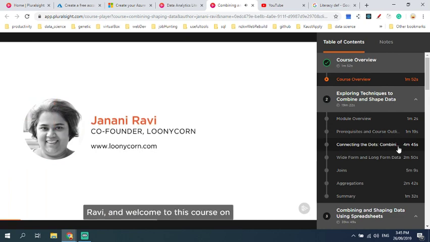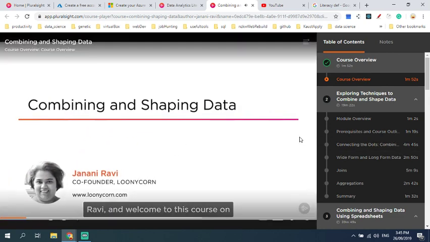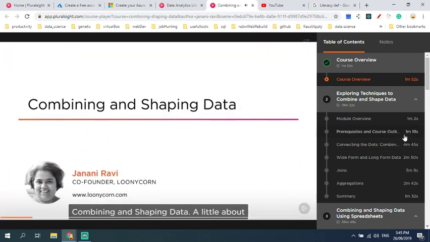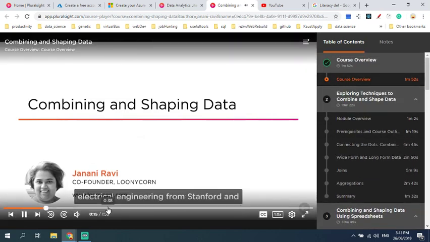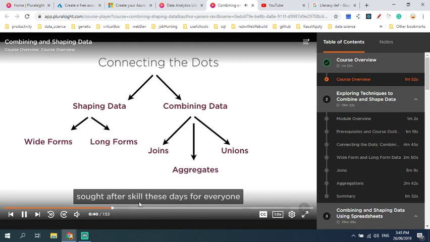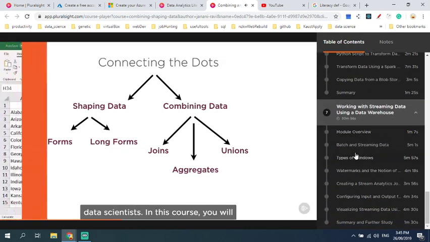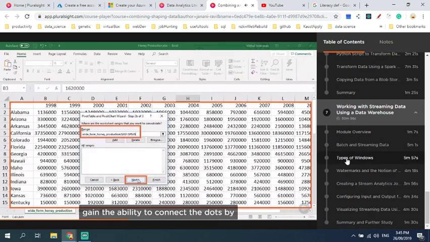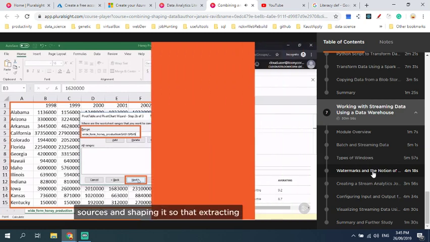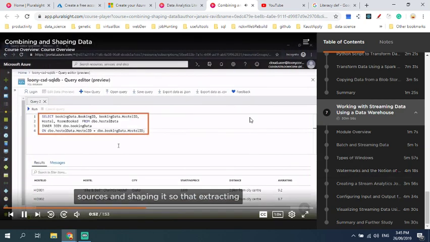Hi, my name is Janani Ravi and welcome to this course on combining and shaping data. A little about myself. I have a master's degree in electrical engineering. This is the most sought after skill these days for everyone ranging from business professionals to data scientists. In this course, you will gain the ability to connect the dots by pulling together data from disparate sources and shaping it so that extracting connections and